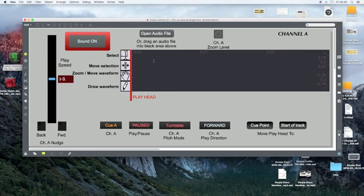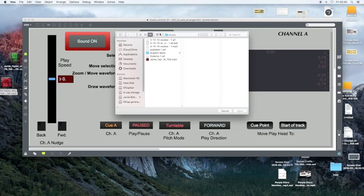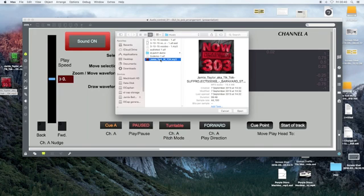So the first thing you probably want to be doing is getting some audio into this player here, or you could call it a deck, channel A. And one of the things that you can do is drag an audio file into there. As you can see, as it comes in, the waveform display here gets a blue outline, or you can click on open audio file. This will open up the file manager and you can select an